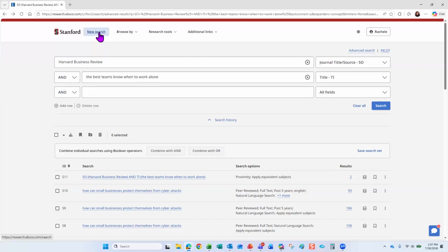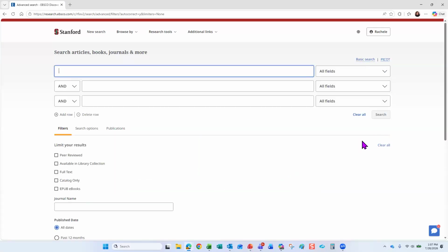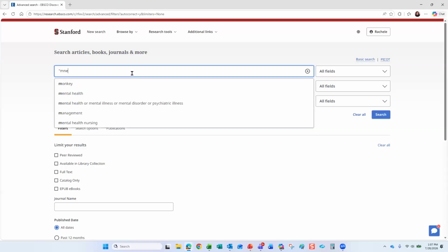All right, I'm just going to go ahead and click on New Search. As we've seen, EDS or EBSCO Discovery Service works really well for basic searches. You don't have to be very familiar with complex searching to use EDS. You can certainly go in and find items that are relevant to your needs. But if you are doing more complex searching, it certainly is able to handle that as well. So let's say, for example, I'm going to do a more complex search now. So let's say I'm interested in